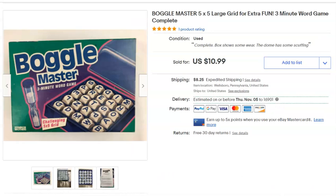Okay, next. Master Boggle. I bought this at Goodwill for 99 cents. I listed it June 30th, sold it October 16th, and I got $10.99 plus shipping for Master Boggle. I'm not sure, that might have actually been priced on the higher end there. Anyway,